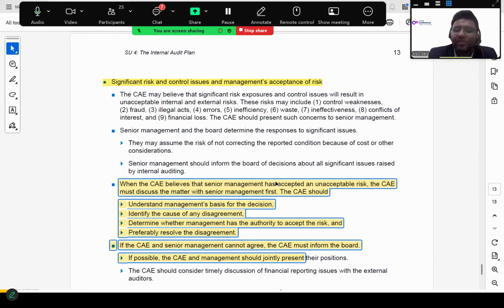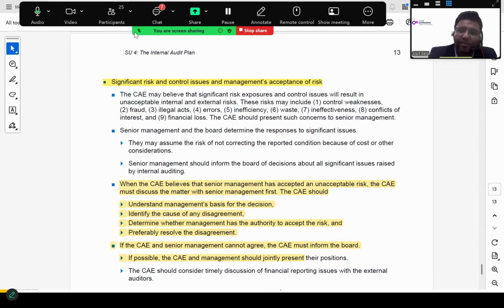But let's say the question says that the CA believes that the senior management has accepted an unacceptable risk, or a risk which is not within the risk appetite of the company. What should be the CA's next action? It should be discussed with the senior management first, not the board. The board is next. Is that clear? Yes, because this is where a lot of us will make mistakes, people, and this is very, very important